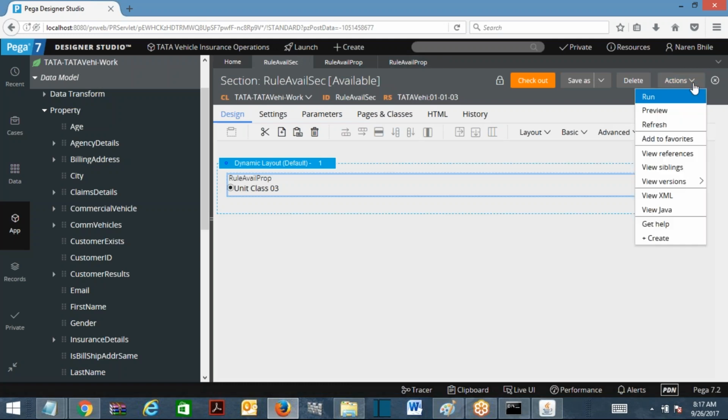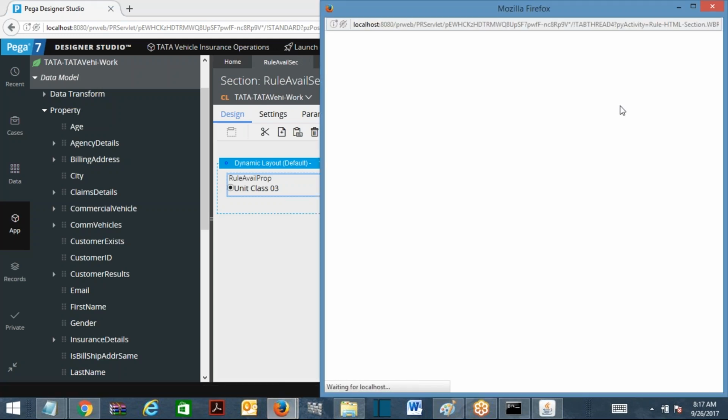Now I am executing this section. Through this section I am going to request that specific property. Which one is being executed, we are going to understand now. When the rule availability is available, what happened? From which class, which version of the rule has been executed? From the current class, the unit level class, where your section or flow is executing. The current class's highest version is picked, right? So this is the general process when the rule availability of a rule is available,